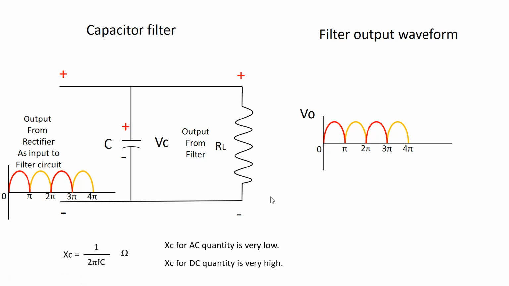Then the beautiful charging and discharging property of this capacitor in this circuit is that it has a zero time constant for the charging of the capacitor in this network, while discharging, it discharges through this load resistance. That is why it has a very high discharge time constant. As the charging time constant of this capacitor is 0, it charges to the peak value as and when the